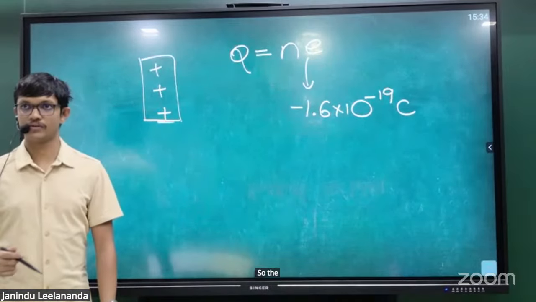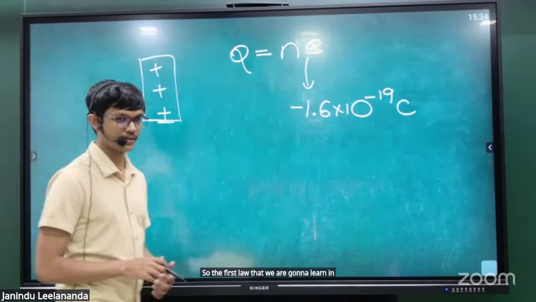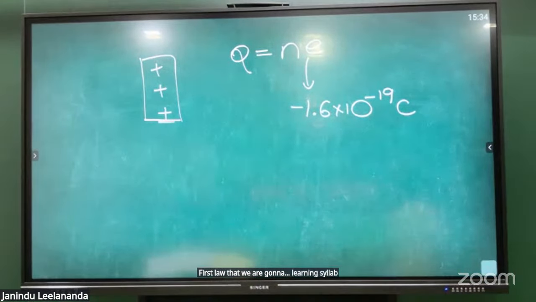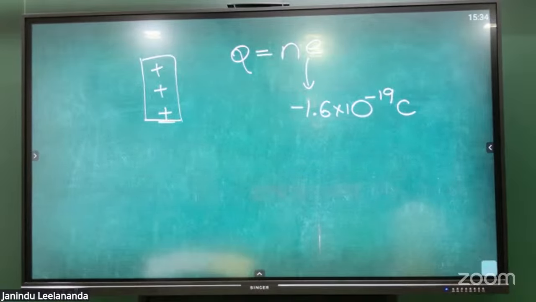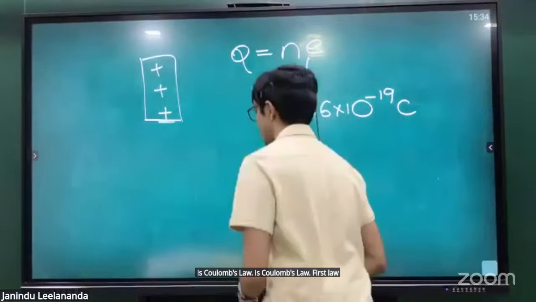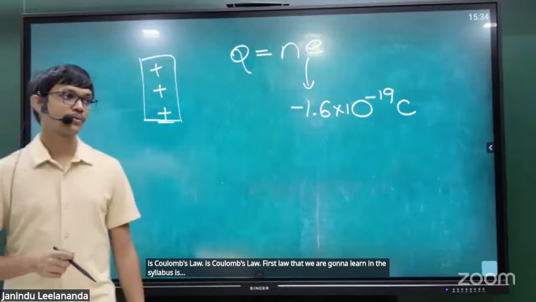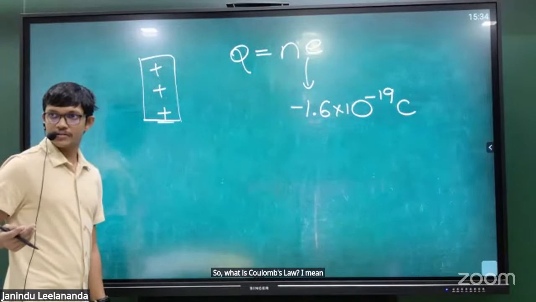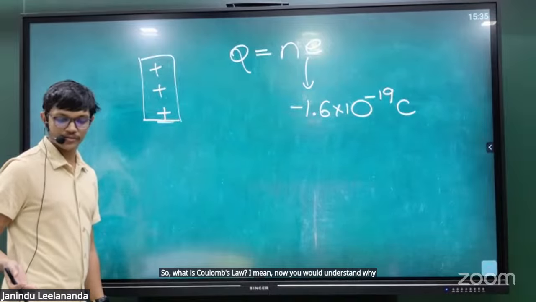So the first law that we are going to learn in the syllabus is Coulomb's law. So what is Coulomb's law? Now you would understand why it is very similar to